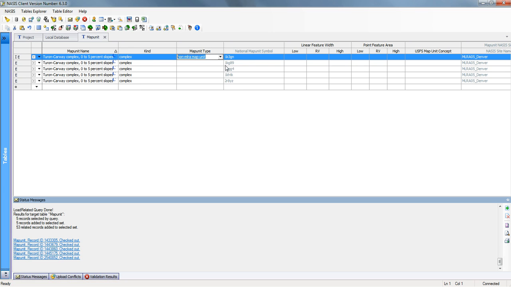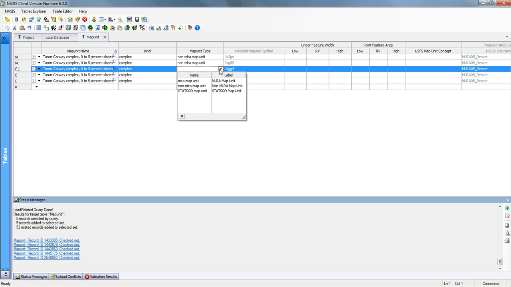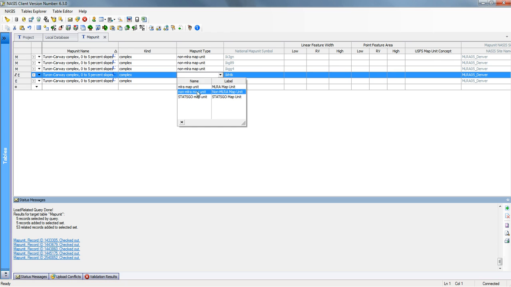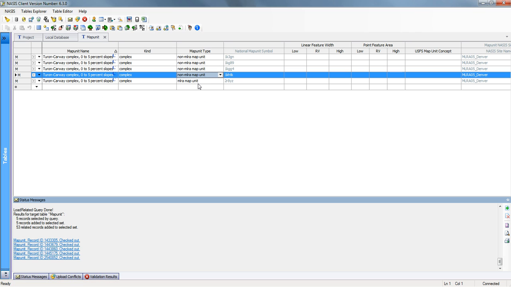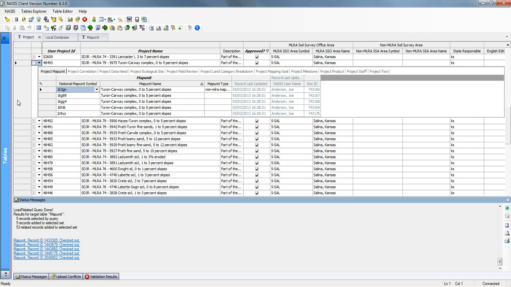And so these with the lower record ID numbers are the non-MLRA soil survey area, the original map units. And then the one with the highest record number is the MLRA map unit. And previously in FY13, we would have identified this map unit using the sequence number of 500. And what NASIS 6.3 now allows you to do is identify that particular MLRA map unit. So now when I come over here and look at the project,